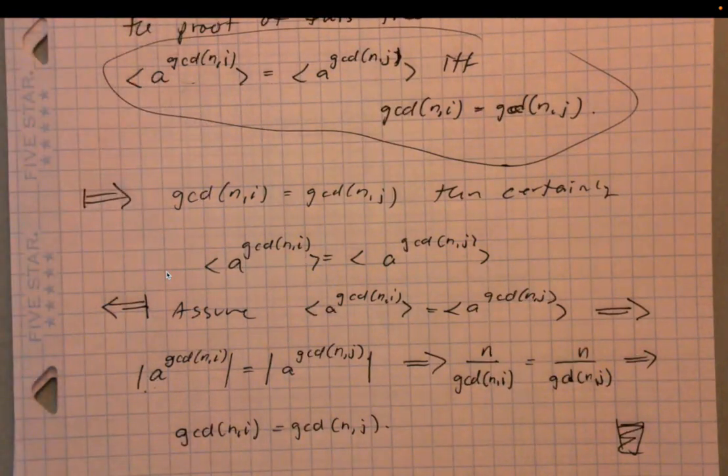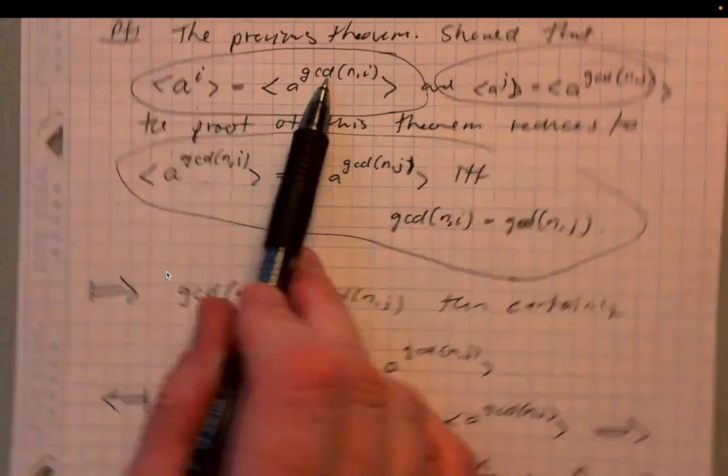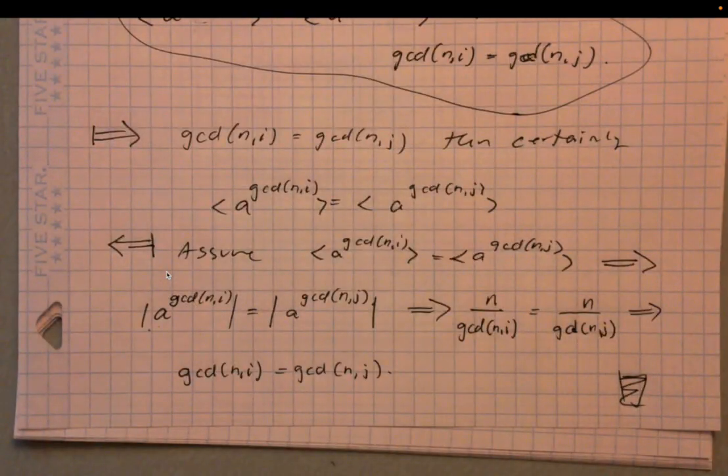And that's it for this one. So you can see it's very straightforward. The fact that we can just swap out this group for this group that has more information makes the proof really quick. Now, there's a couple of special cases of this theorem that get used so frequently that we like